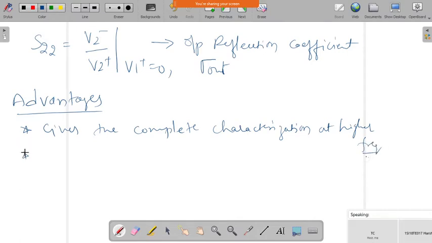Okay, so the second one. As I said, if I take the characteristic impedance Z0, the variation with respect to frequency, over the broadband frequencies, this short and open circuit can be realized by using these traveling waves. So this is the reason we can use these short and open circuits at higher frequencies. We can exactly realize them over the broadband frequencies, and since open and short circuits cause very strong reflections, they cause the strong reflections.